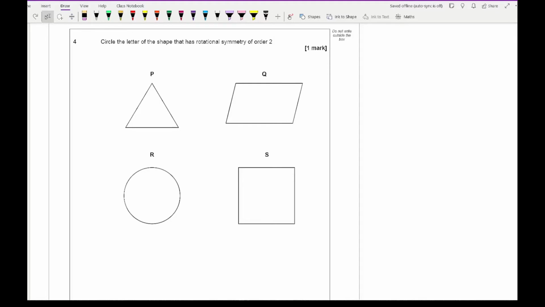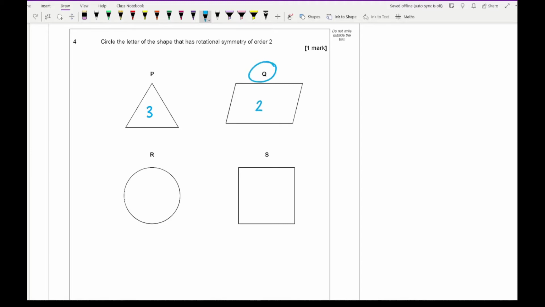that has rotational symmetry of order 2. Now rotational symmetry of order 2 basically means that when you cut the shape out, how many different ways can you reinsert that shape? So looking at shape A, it's an equilateral triangle, or we assume to be an equilateral triangle. So that will have 3 different ways of cutting that shape out and putting it back, different ways we can slot that in. Shape Q, which we can assume as being a parallelogram, well, there's 2 different ways, so